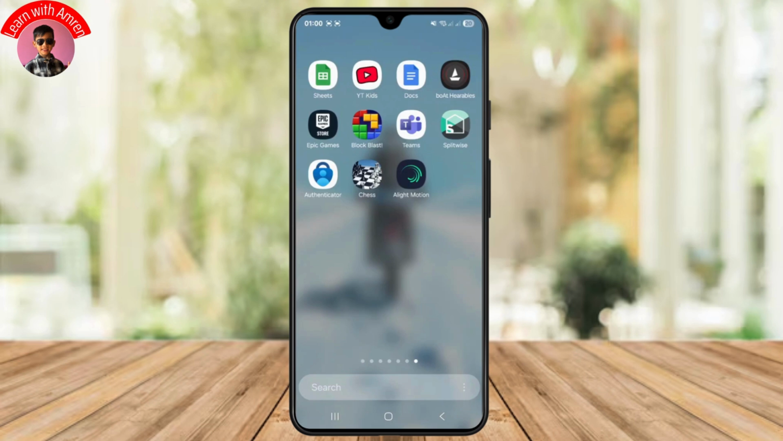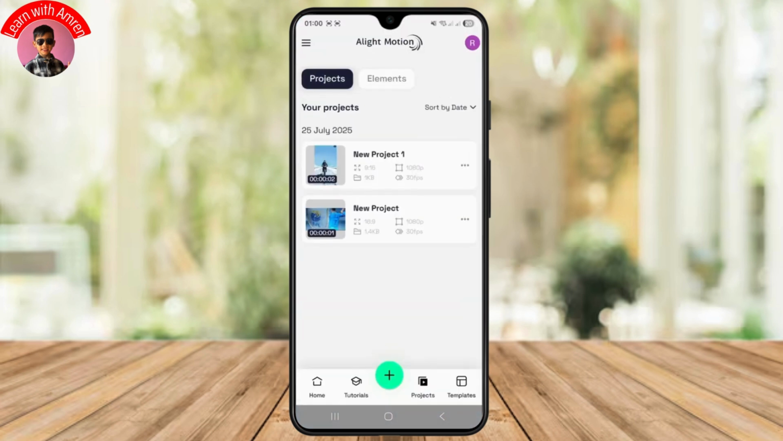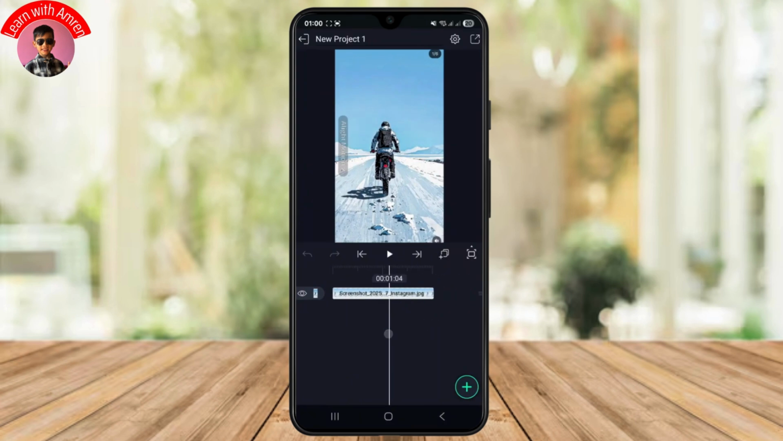If you also want to flip any image in Alight Motion, here's what you need to do. It's a pretty simple and easy process. First thing, just head over to your image project in the Alight Motion application. Let me quickly open any one of these over here. As you can see, currently my image is fitted to my screen and it is in the correct